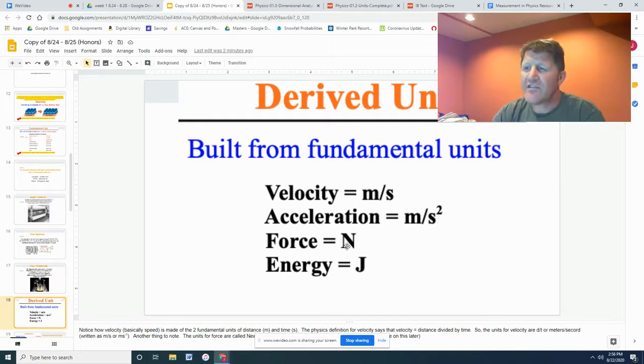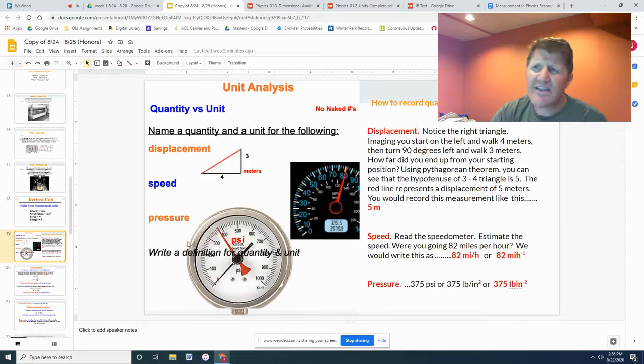Force, we're going to use a Newton, but a Newton can be broken down. Force comes from mass times acceleration. So a kilogram meter per second squared. And for energy, we're going to use joules, and a joule is a Newton meter. Okay, so when we get to unit analysis, when we talk about the quantity versus the unit,